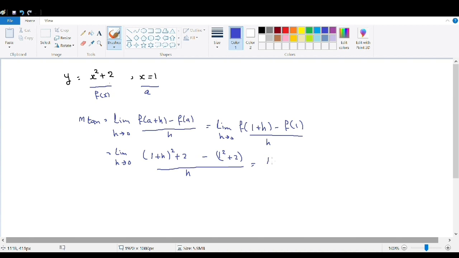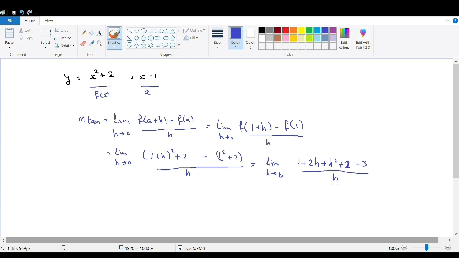This will give us the limit when h approaches 0 of (1+h) all squared, which gives 1 plus 2h plus h squared plus 2, and here we have minus (1 squared plus 2). Sorry, this one is plus 2, not plus 3,